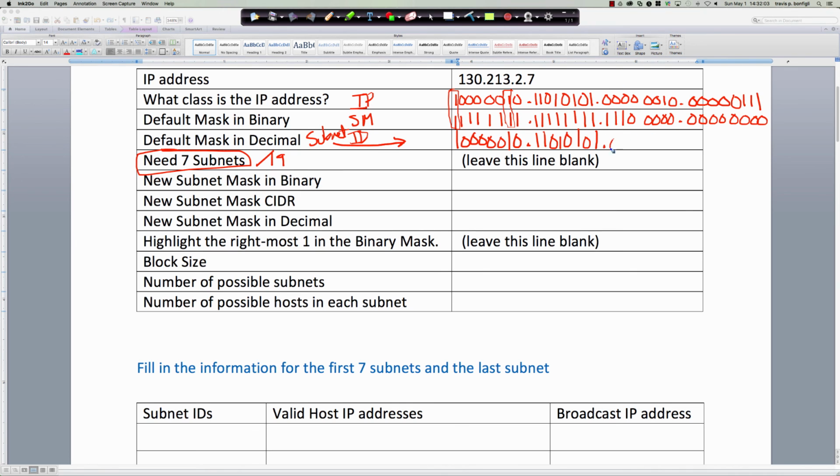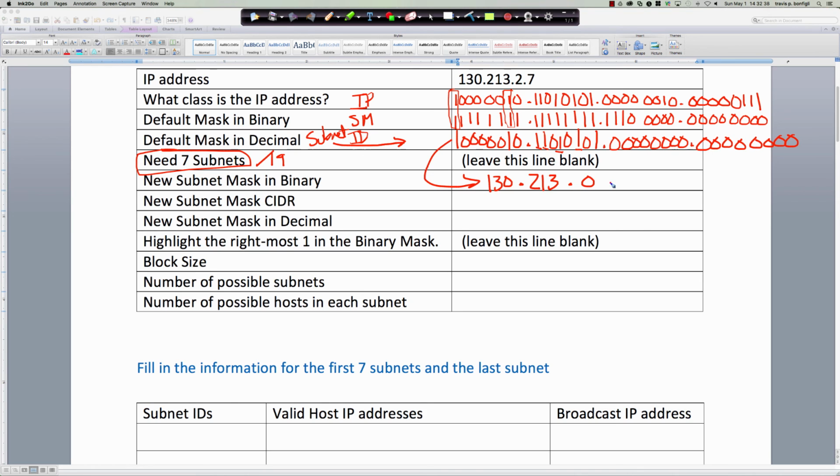This is all zeros the rest of the way through. 1, 2, 3, 4, and then same thing in the last octet, sorry about that. 4, 1, 2, 3, 4. So this is my network ID. So if we add these numbers up here, we get 130 dot, and now we've got 128, 192, 208, 208 plus 4 is going to be 212, 213